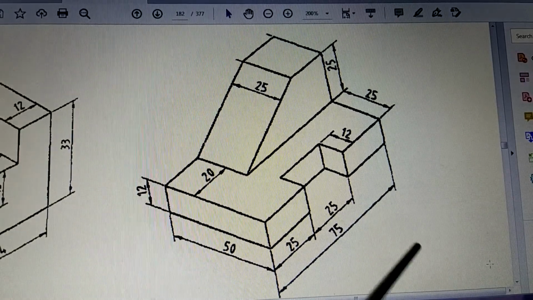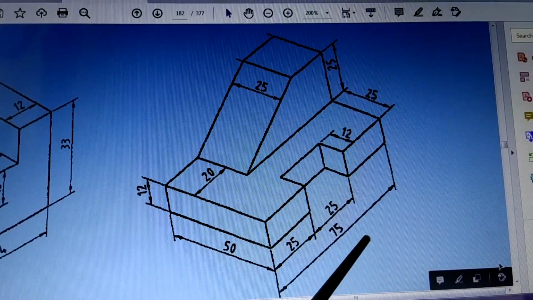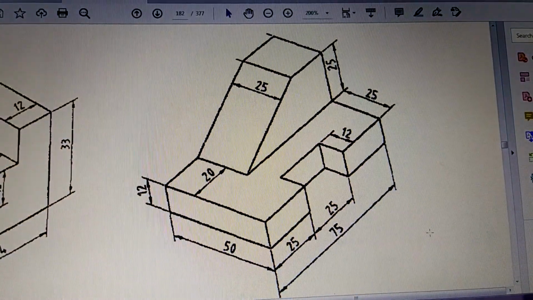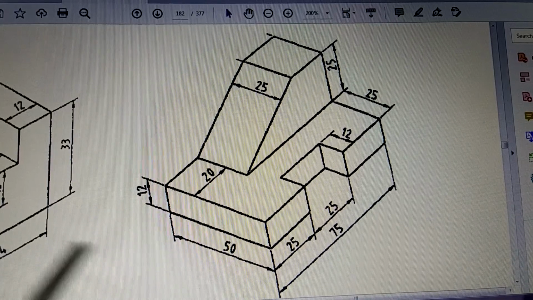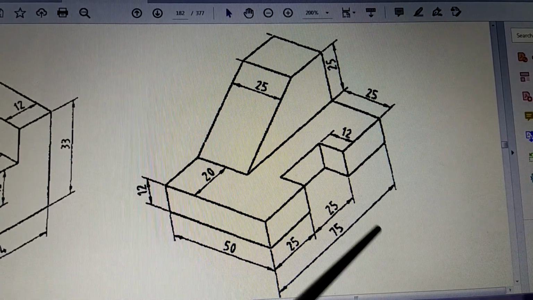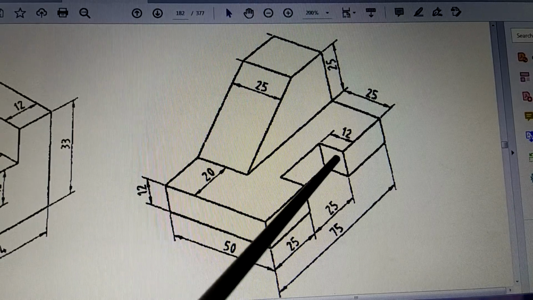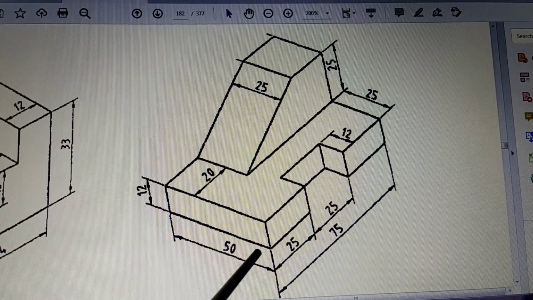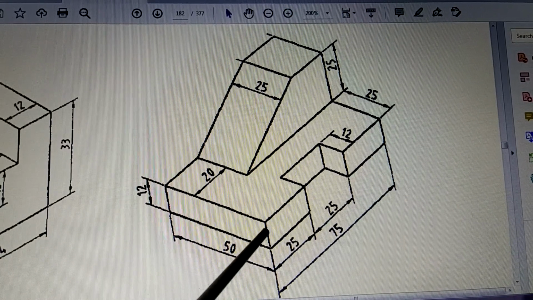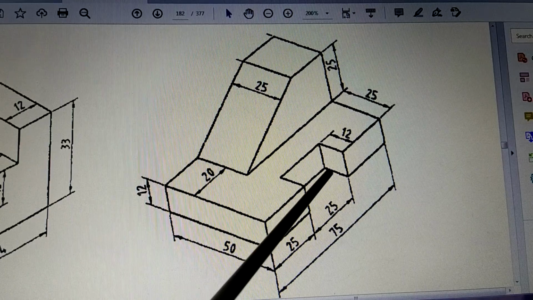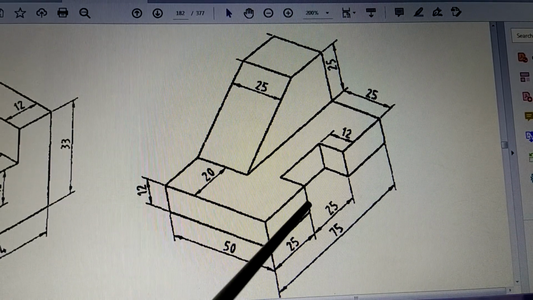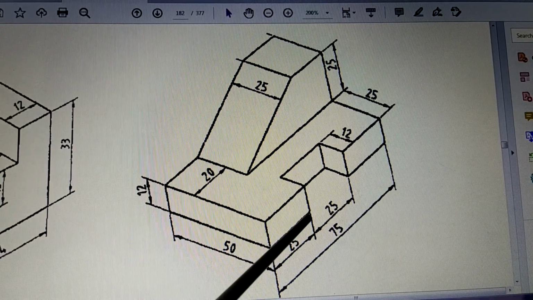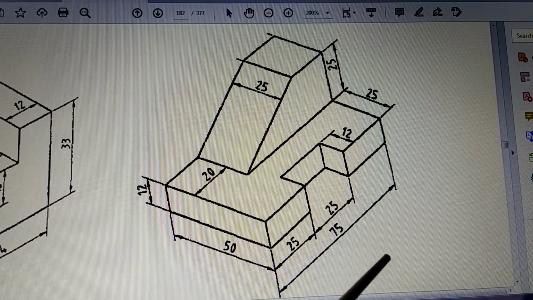After top view, then we come to the right hand side and look at the figure from the right. So when you see from right, how it is seen. So when you see from right direction, one surface is here, next surface is this, third surface is this. So the front will be like a rectangle. The size of the rectangle is 75 by 12. And in that 75 by 12, there will be two more lines which will come. One is 25 from here and other is also 25 from here. So two such lines will come in the rectangle which you see from the right hand side.